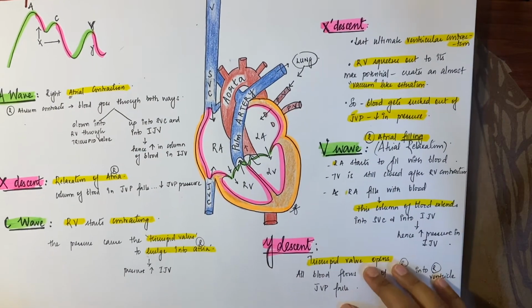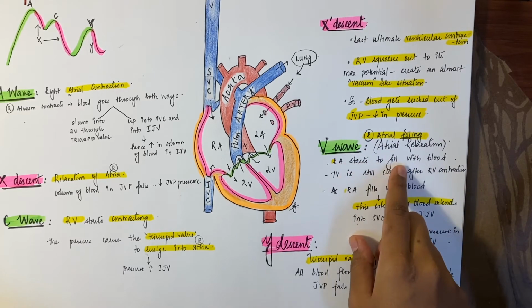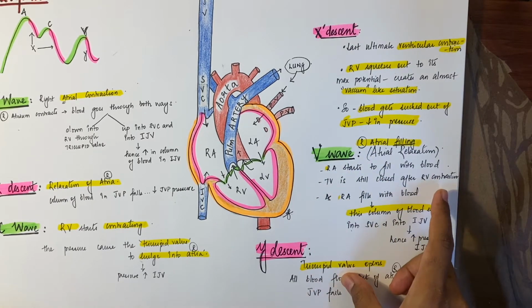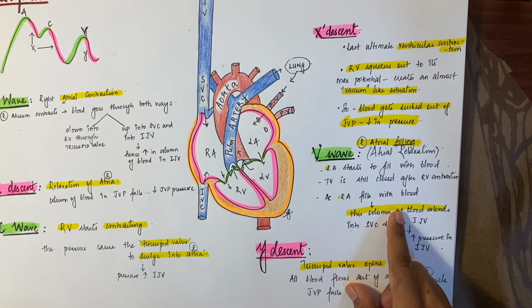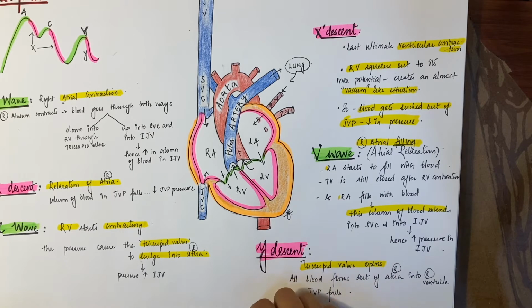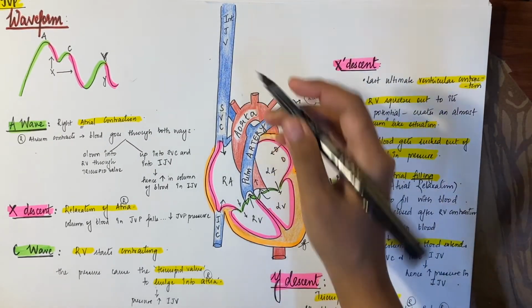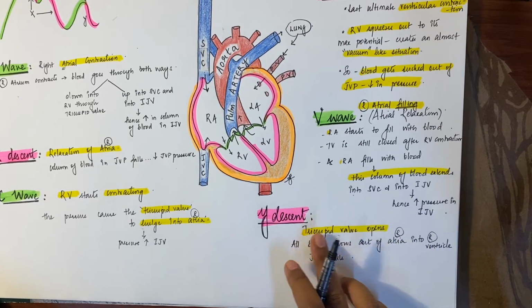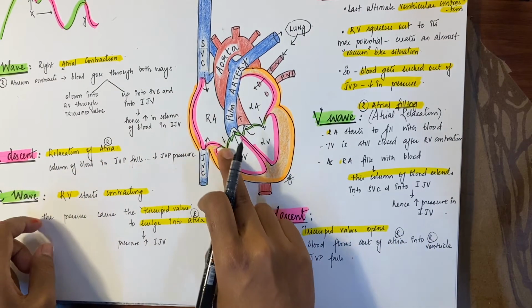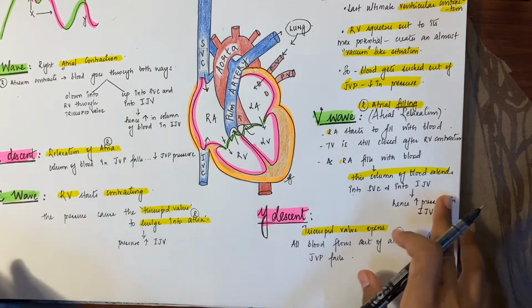Due to more atrial filling, there is a drop in IJV pressure. V wave happens when the atria relaxes. So the right atrium starts to fill with blood. The tricuspid valve is still closed from the systolic contraction of the right ventricle. So as the atria fills completely, this pressure extends to the superior vena cava and the internal jugular vein, so the JVP further rises. Finally, the Y descent. This occurs when the tricuspid valve opens and all the blood flows from the right atrium to the right ventricle, and the JVP falls.